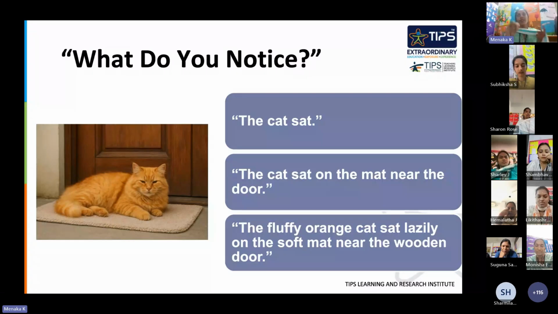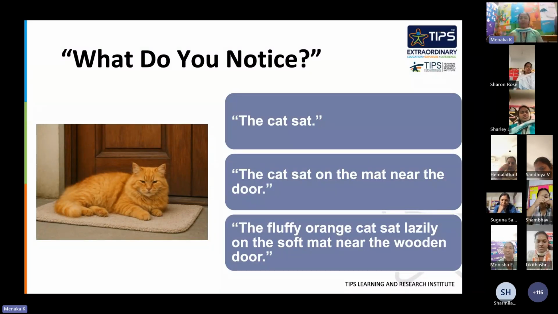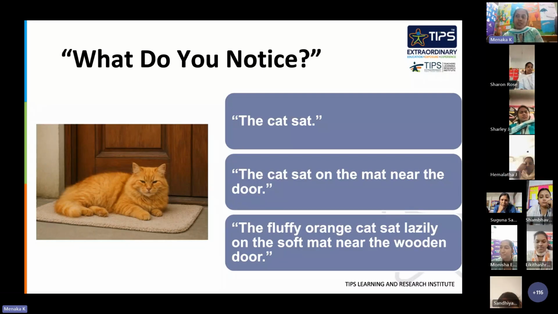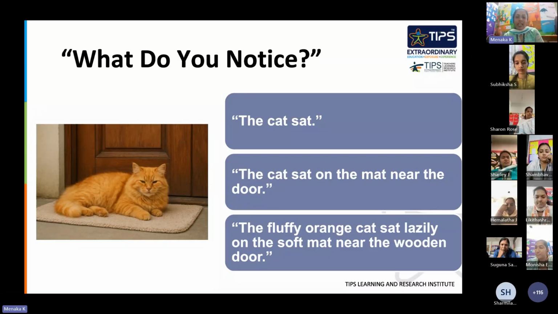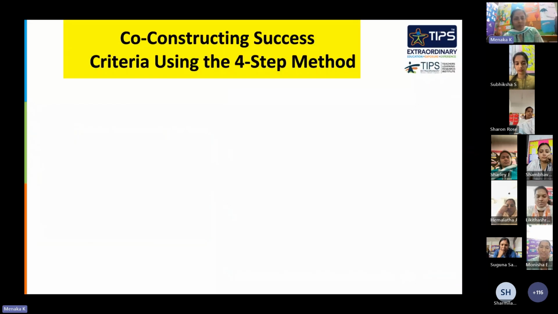When you give them the exemplar and ask them to frame sentences, they should be able to say what things should be there in my sentences. So when they come to know what should be there in their own sentences, they'll write a sentence in a better way, right? So, co-constructing success criteria using a four-step method. So first,